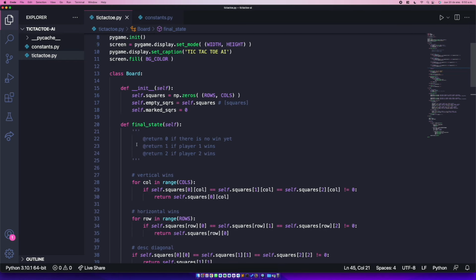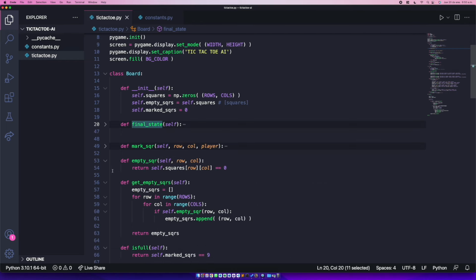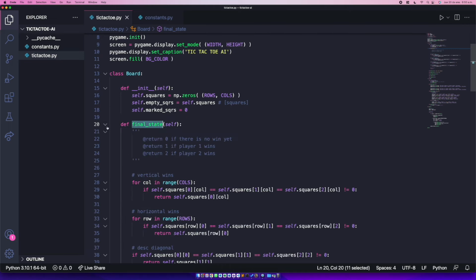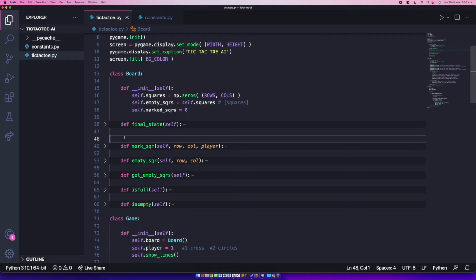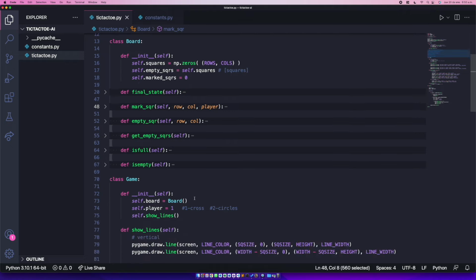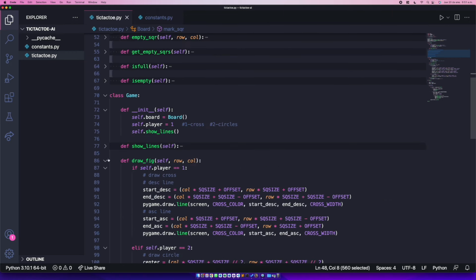Okay, so final state function. This is gonna be super useful when we code our AI. So yeah, I think we have all functions from our board class. Okay, so I hope those functions are clear. We are not using them. Well, we are using some like mark square, but we're gonna, as I told you, we're gonna use them when we code the AI. Okay, so now I'm gonna add some things to our game class, like pretty small things,